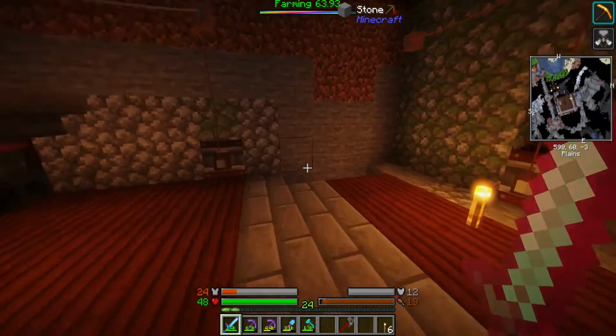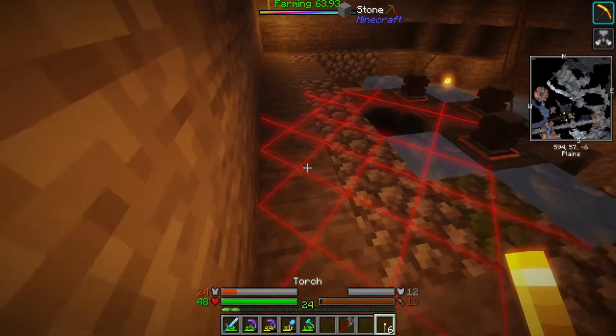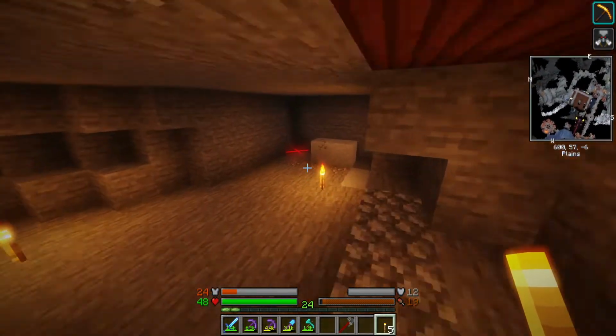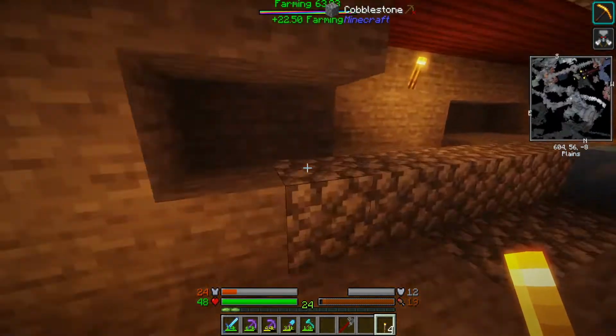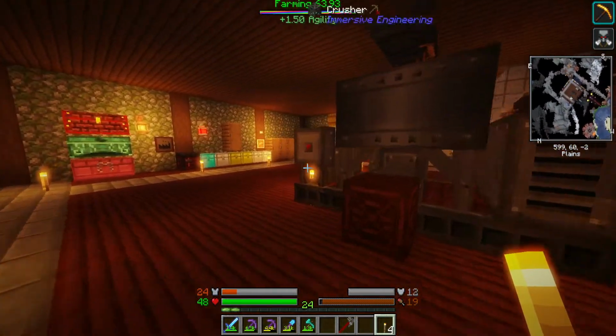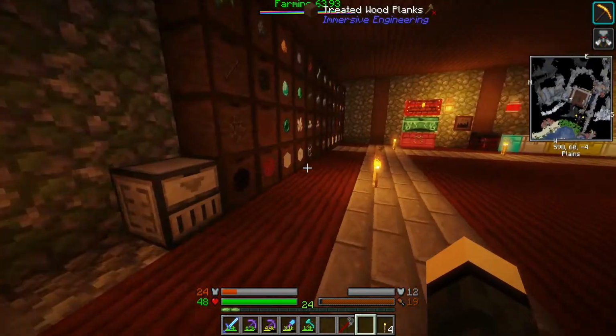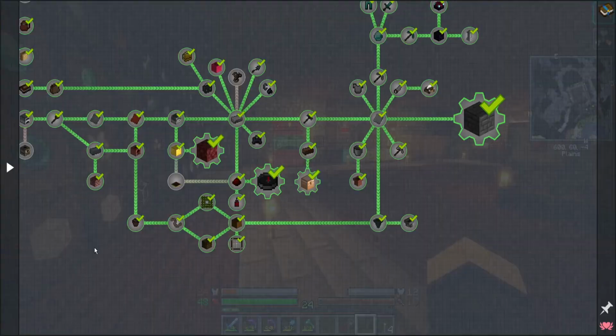Where do things spawn down here? It's, oh, down here. Yeah. I've had a few zombies and whatnot show up, so. Alright. So,